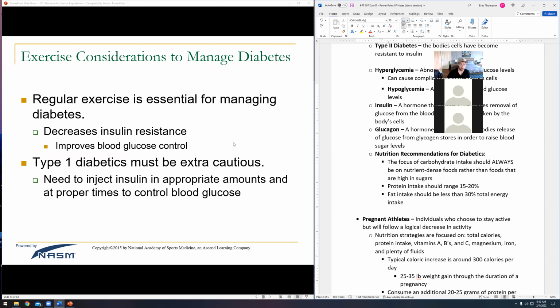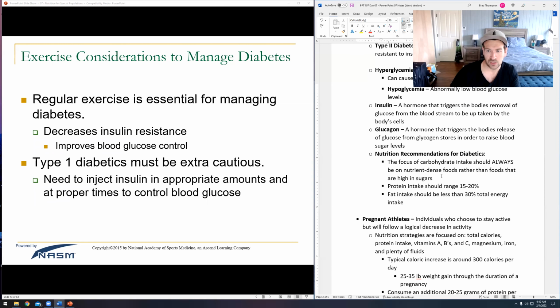And I've definitely worked with plenty of clients over my career that are off insulin after working and losing over 100 pounds or something like that. It's great. We're not curing this disease, but we're giving someone the tools necessary to take control of their health again. And that's, again, sort of our major goal.